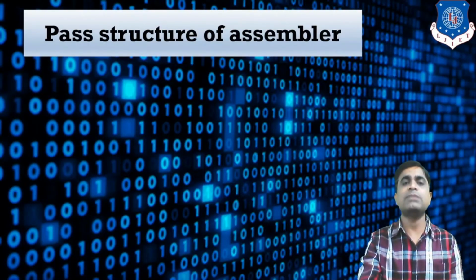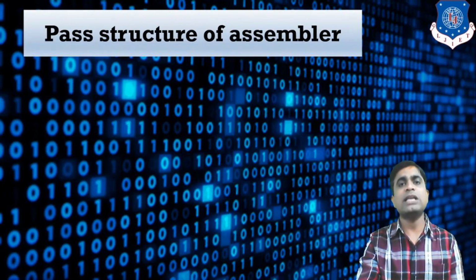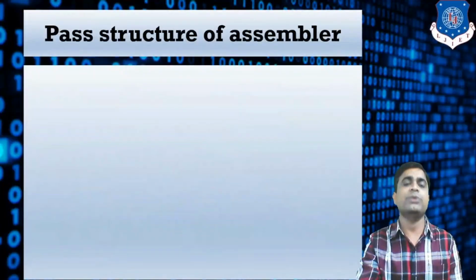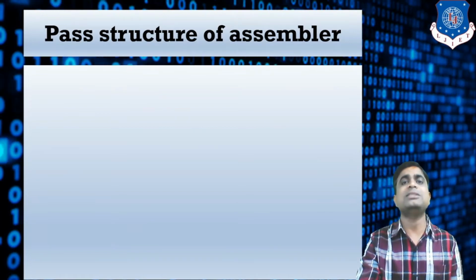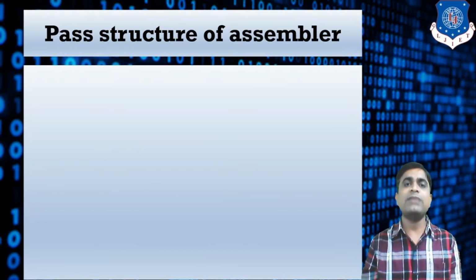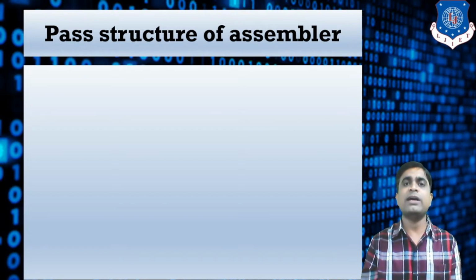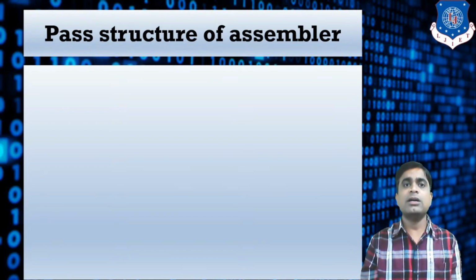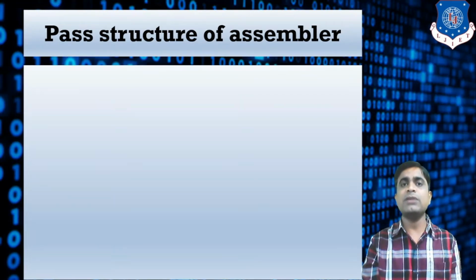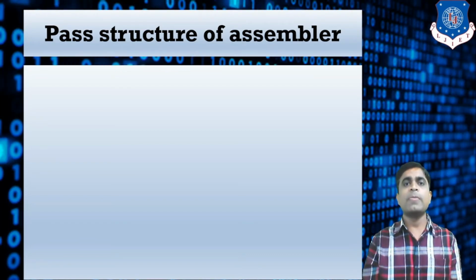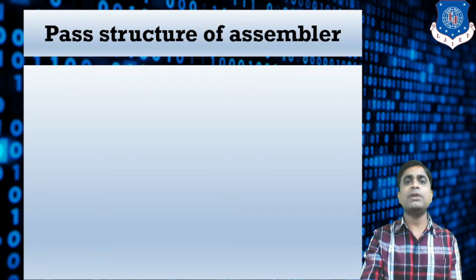The last topic is the pass structure of the assembler. We all know about the assembler. What is an assembler? It simply converts an assembly level program into machine code. But here there are different passes. How will we convert this assembly program into machine code? For that we have different passes: pass 1, pass 2, or multiple passes also. When multiple passes are required, we will discuss here. But for this, just understand the compiler. The compiler converts high level code into target code using 6 different phases. But in the assembler, there are different passes.